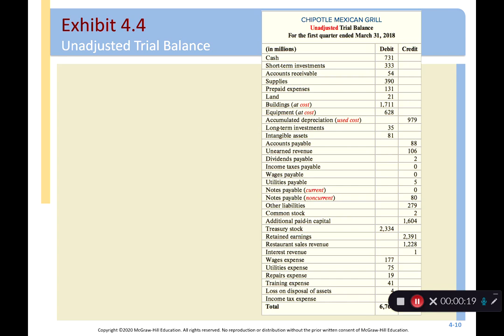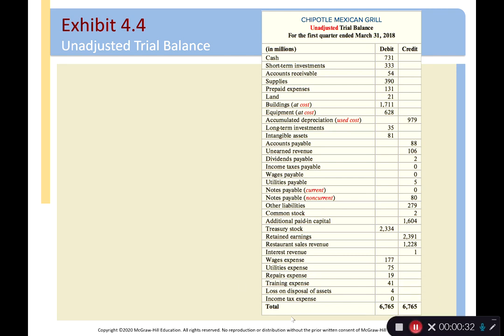And this is the unadjusted trial balance that we had based on those entries we previously recorded. Remember that the point of an adjusting entry is simply to make sure that our debits equal our credits. I moved my recorder down so you could actually see that the debits do in fact equal the credits. That's the whole point of a trial balance. It's the only thing it does, is it makes sure that our debits equal our credits before we move on